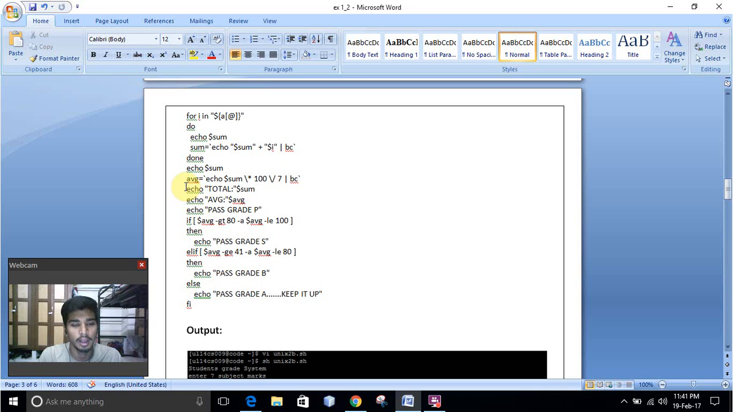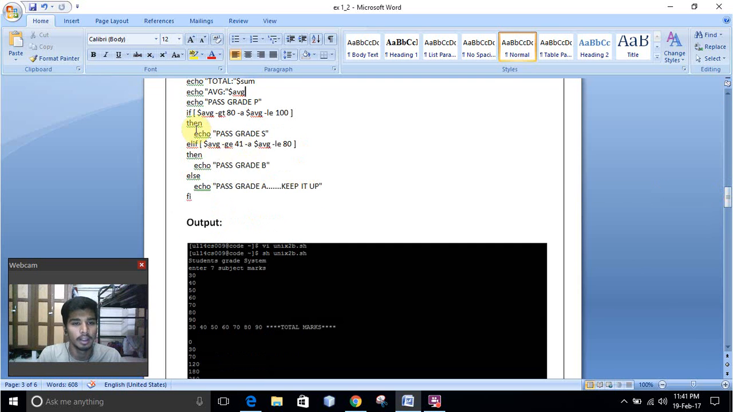Here I am printing the total as echo total, that means the total sum if we calculate all the 7 subjects, we will add into the total. Then we are calculating the average, that means echo $average. Then here I am giving the pass grade as p. If average is -gt, that means greater than 80,